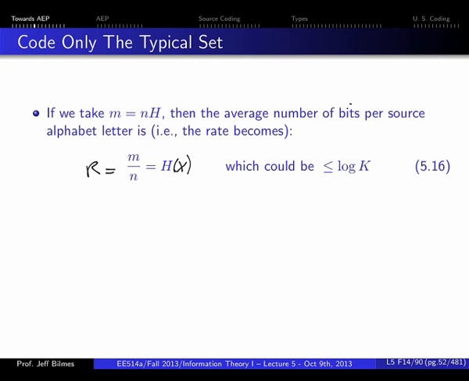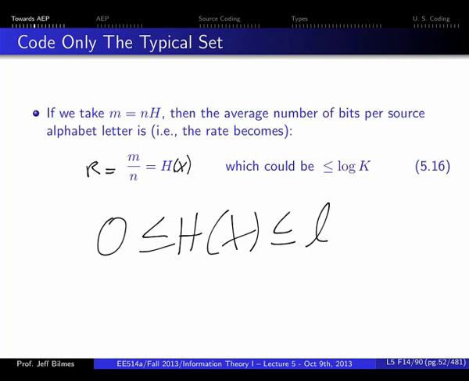So what did we say about the entropy? We have the entropy bound, which is 0 less than or equal to H of X. And what's the upper bound on entropy? Log of k, right? So that's the upper bound on the entropy. Depending on the entropy of the distribution, if the entropy is small, we can encode at a much, much lower rate than log k, which is really good. In the worst of cases, when does the entropy equal log k? For the uniform distribution. So it seems like the uniform distribution is the worst case.